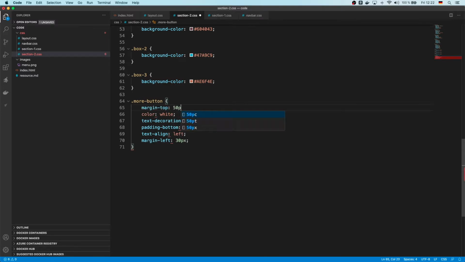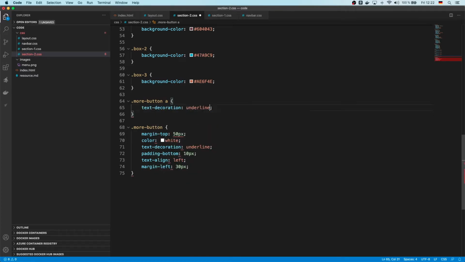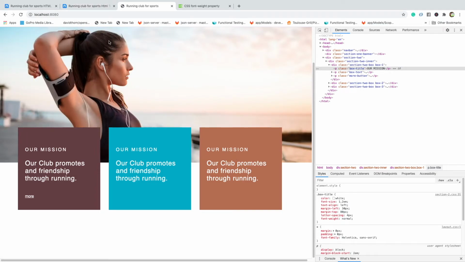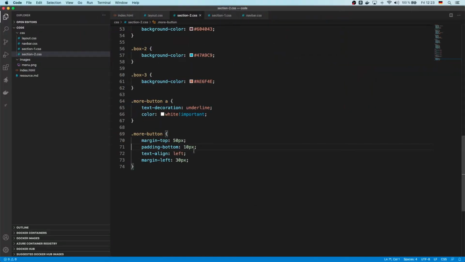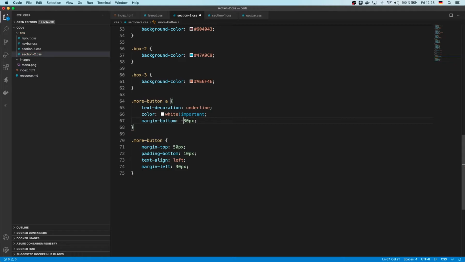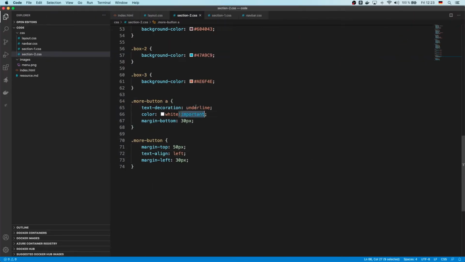Margin top is 50 pixels, and more button A is then text, whoops, text decoration is underlined and color is equal to white, and we'll make it important as well so we can get rid of this. Yeah. Let's do padding bottom. Yeah, do padding bottom on that, and actually margin bottom can be like 30 on here, not minus. We don't need any padding bottom on this. We want text decoration underline is none,